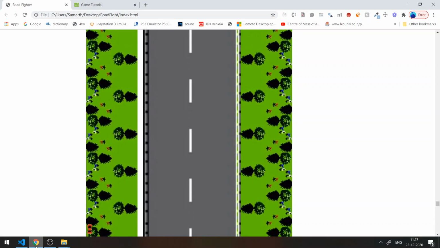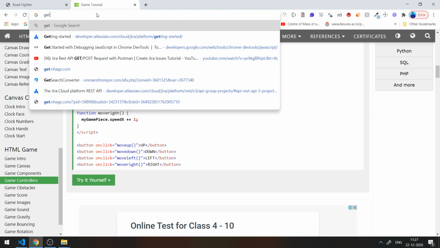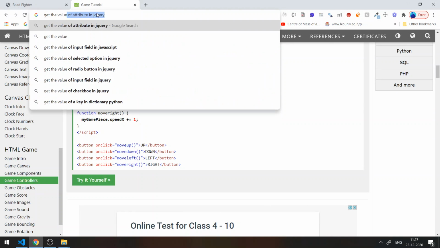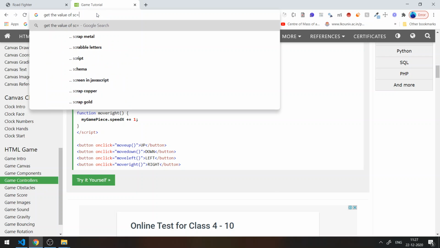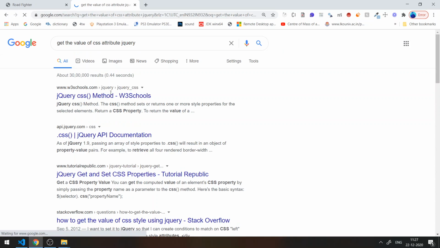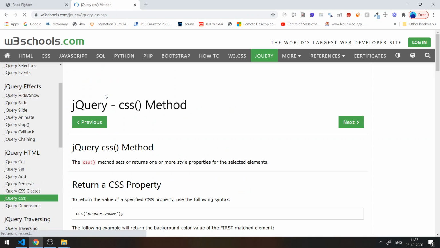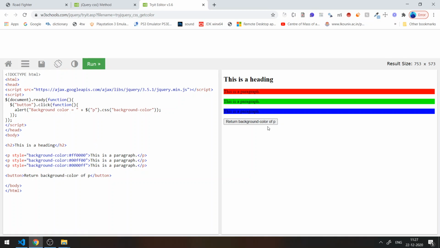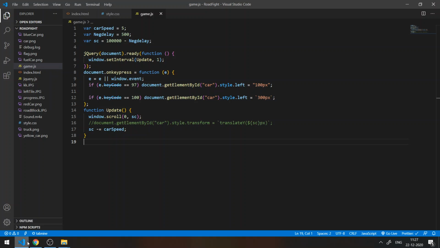So we have to get the CSS attribute, the value of the CSS attribute in jQuery. Okay, so we have a .css background color. Okay, yeah, so we use the .css thing to actually return the values. So I could just use